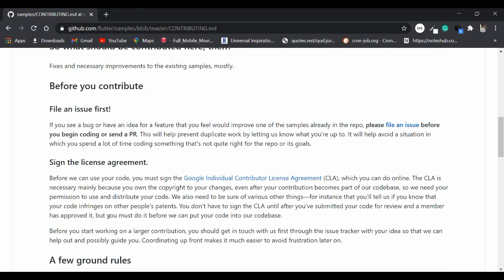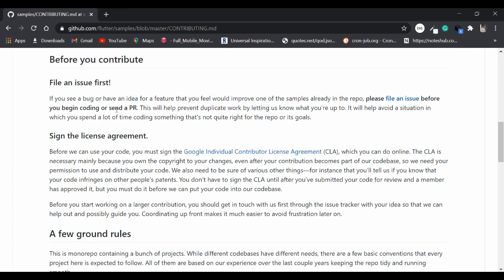There are also other ways through which you can contribute, and how to contribute. Basically, you first have to file an issue. For example, I want to contribute something, I want to add a few lines of code. You should create an issue first, describing the problem or the improvement required which you would like to make. After that you can create a pull request tagging that issue, saying this is the issue I am solving. This is the way that others can know what you are solving. Before working on something, you could have a pre-discussion in the issue itself. That's the purpose of it.